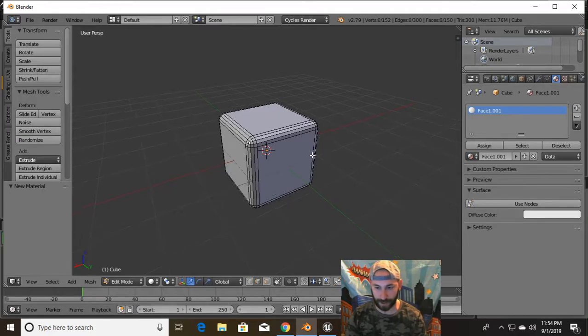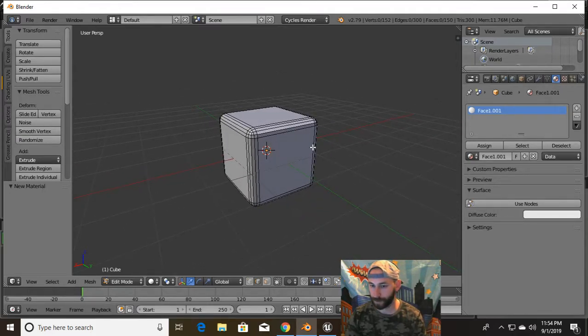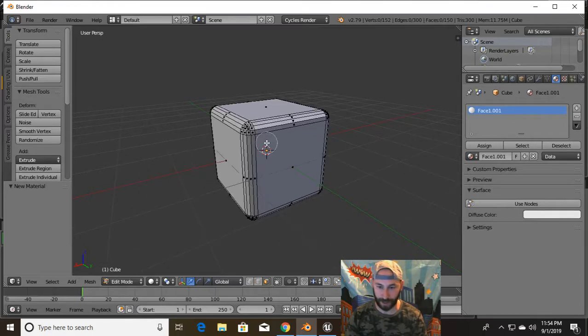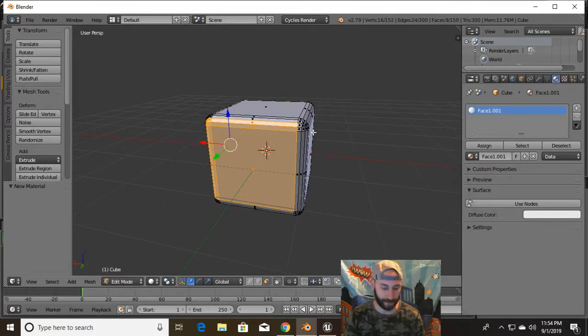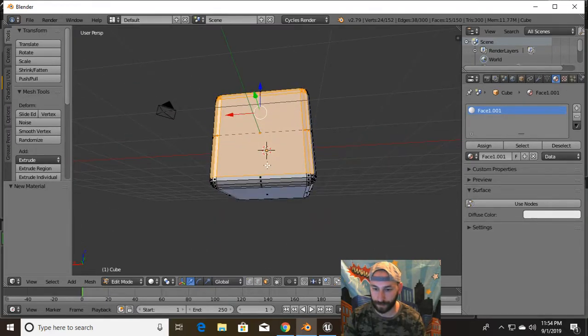So let's go into face mode. We're going to get in here, and I'm going to select all the faces that I want on this first face. There we go. Boom, boom,